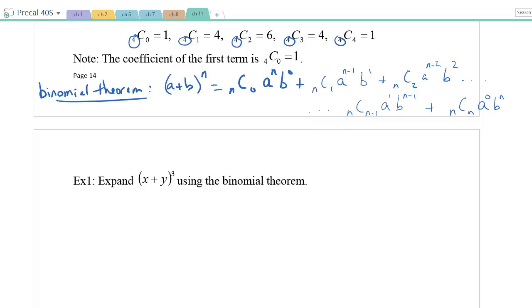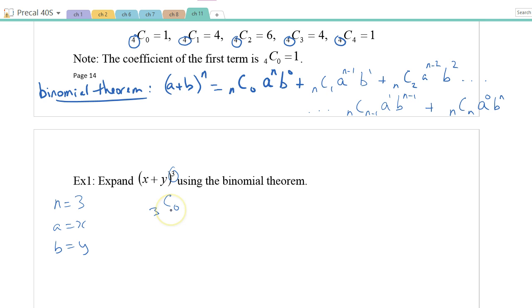Okay, now it says expand x plus y to the third power using the binomial theorem. Okay, so in this case, n is equal to 3, a is equal to x, and b is equal to y. And so we want to expand this. So first of all, we know that there are going to be 4 terms, okay? And the first one will be